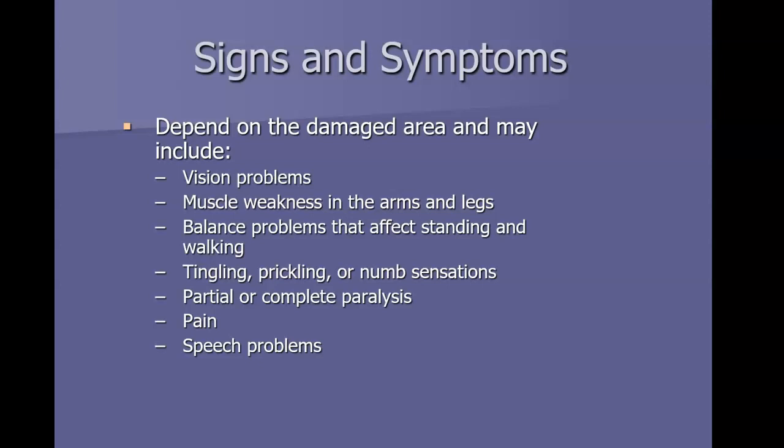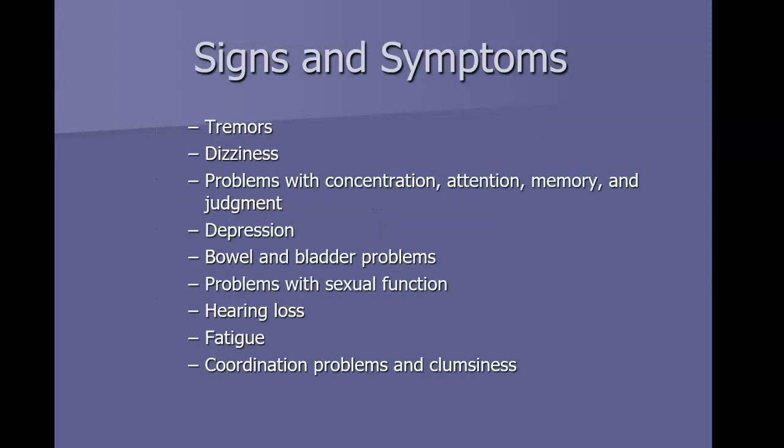I have a girlfriend who has MS. She has had it for 12 years now, and she's still doing absolutely everything. When she gets sick, when her immune system's a little bit weakened, it tends to flare up and she'll have more issues with balance issues, coordination issues, but most of the time she does really well with it. So you're going to see a really broad range of different varying symptoms with this.